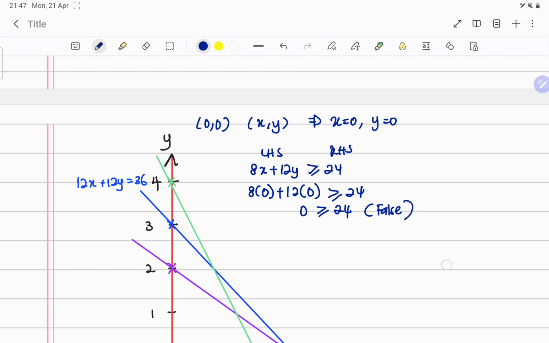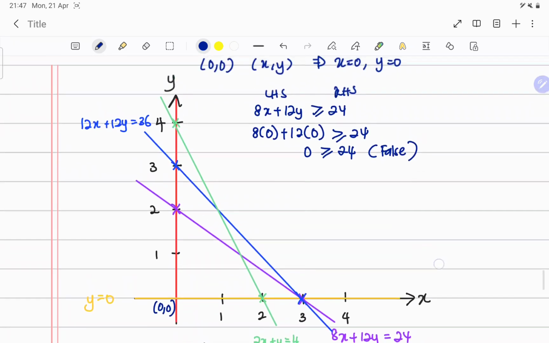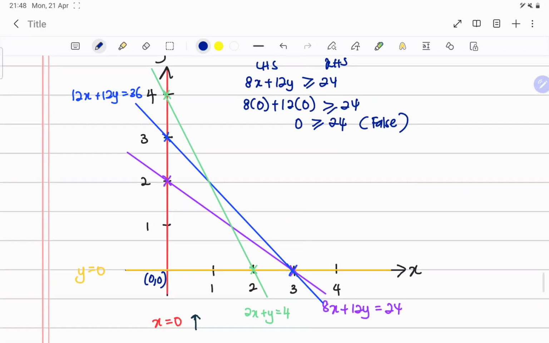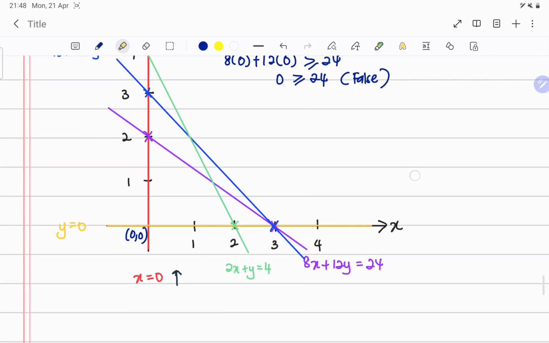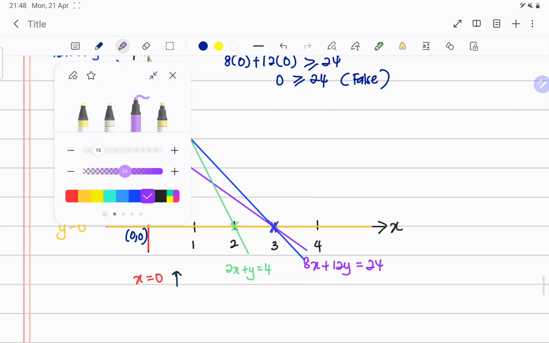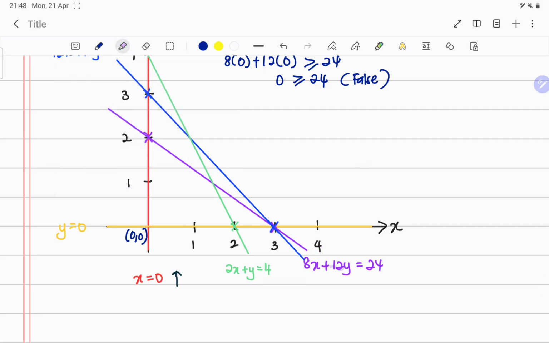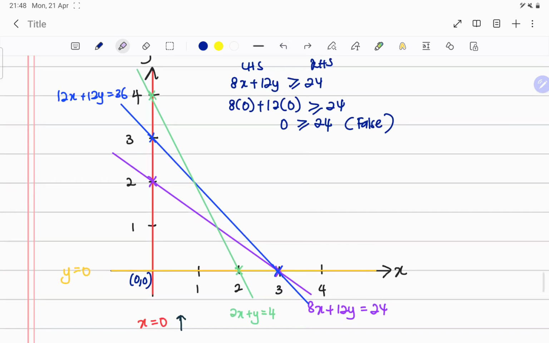So when it is false, apparently, where's our 8x? So here, our 8x, the purple color one, the 8x just now, if you see the purple color, when you want to shade it, because it is false, right? This is our 0 0. So since it is false, we will not shade this area because it is false. We will shade it the vice versa of it, the area that does not have 0 0, which is on top like this,